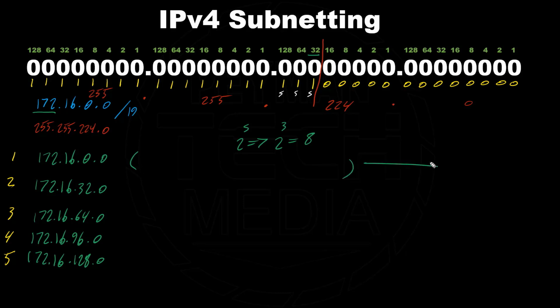What would be the broadcast address? These addresses are our network address. So here, this column is the network addresses, or all the subnets, and here the broadcast addresses. The broadcast address for the first subnet is always one less than the next subnet. So for this subnet, the next subnet is this one, and one less than this would be